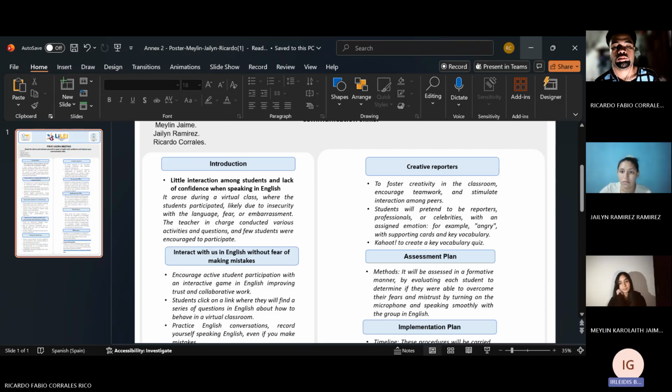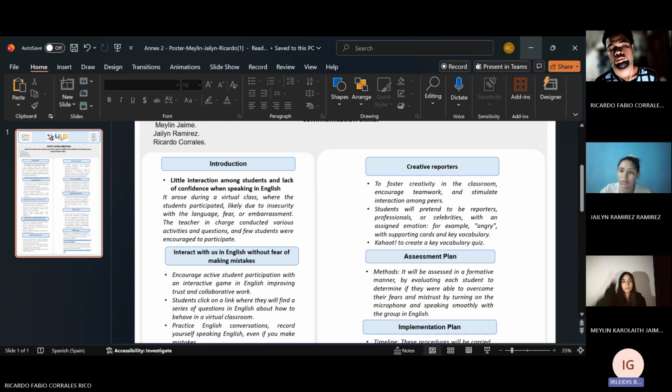To support the activity, we used a digital tool before starting the role play. Students complete a vocabulary kit about emotions and professions. This helped them remember important words like happy, angry, sad, and also roles like doctor, actor, engineer, and reporter.